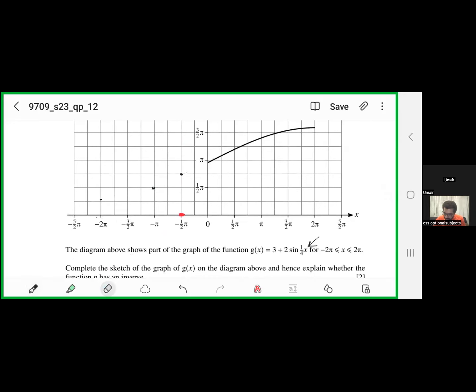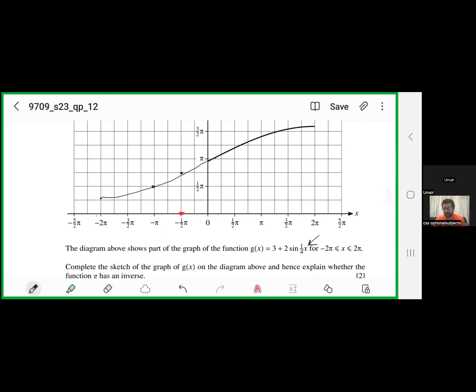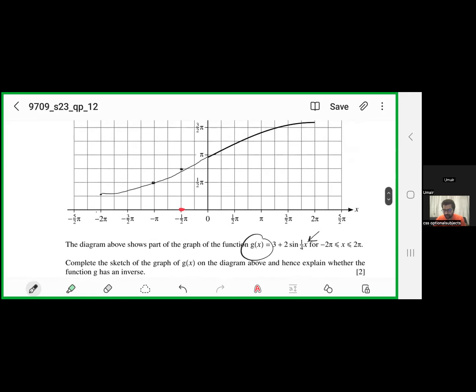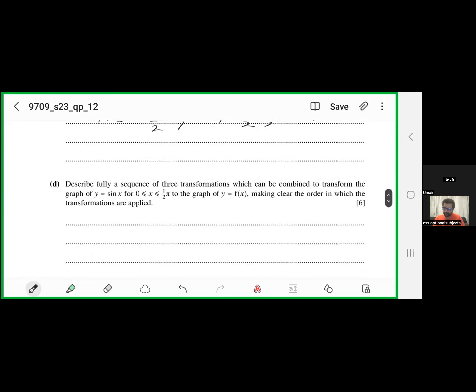This must not be a straight line like this. This is a curve. So you can put values of x as minus pi by 2, minus pi, minus 3 pi by 2, minus 2 pi in this equation of g(x) to find the corresponding values of g(x), and you can plot these values like this and this, and you can join them to have your graph. The next is,